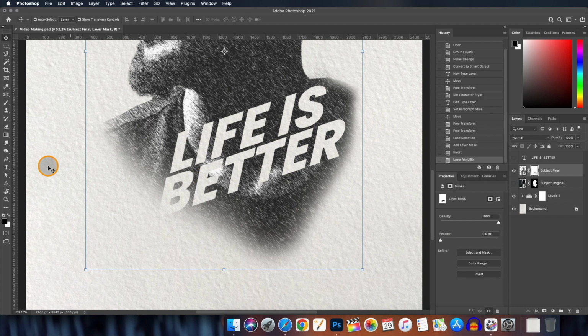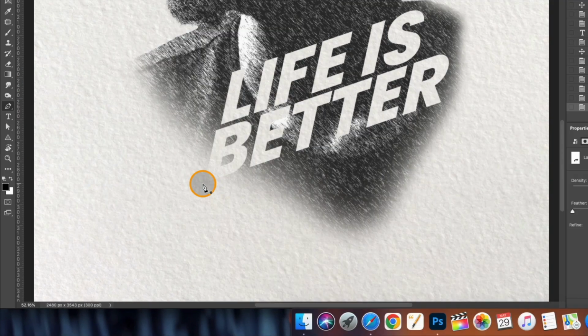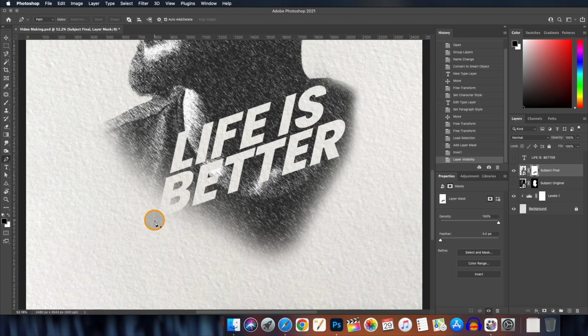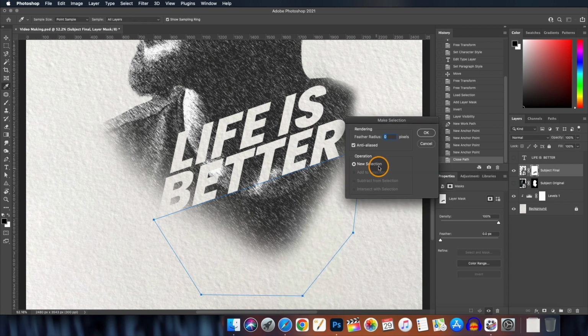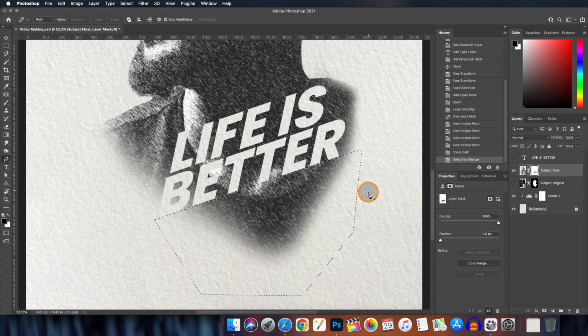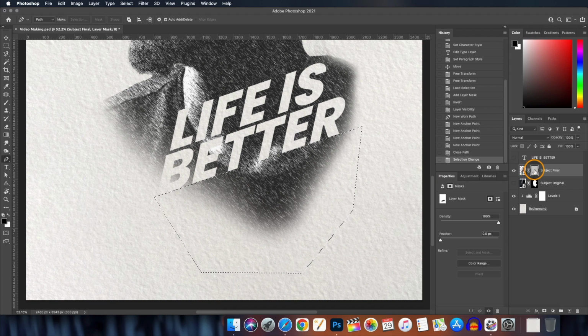Before masking it, I will make a path, and for that take the pen tool, make sure path is selected and draw a path like this. Right click inside the path and click on the make selection. Click OK. We'll select the layer mask of the subject layer and take the brush tool, foreground color as black,